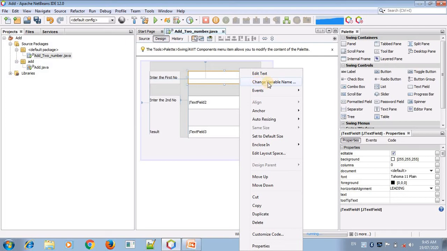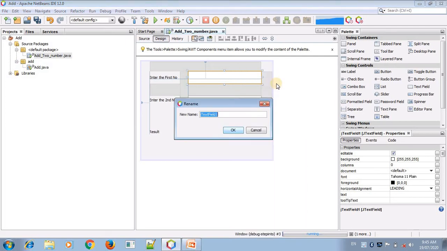This is the second option of the drop-down list. The text field 1 is the default name. I am going to change this default name and write txt underscore first number underscore first. This is my first variable I have declared.